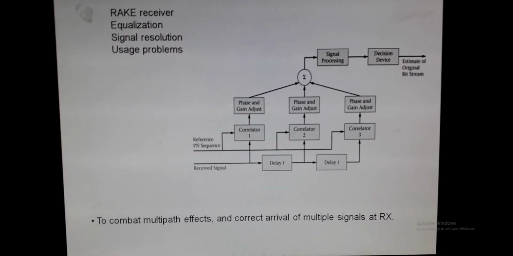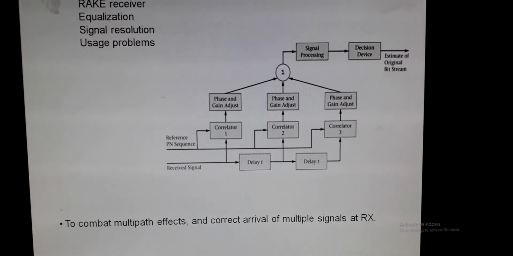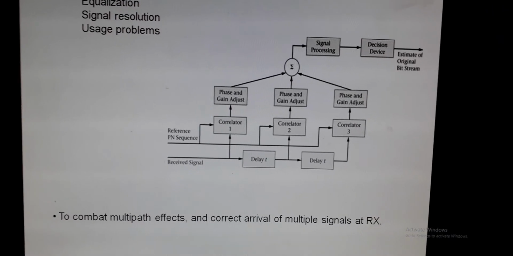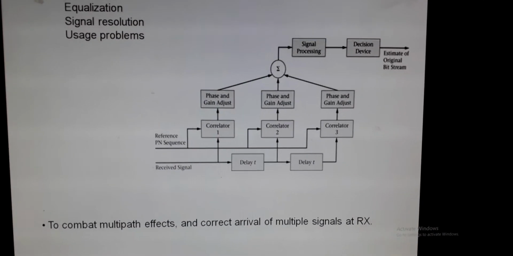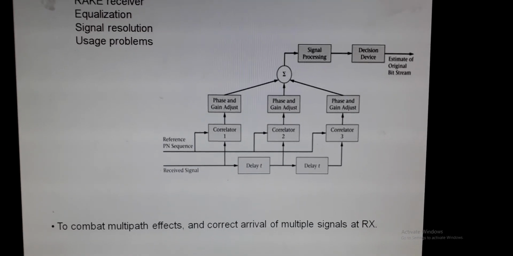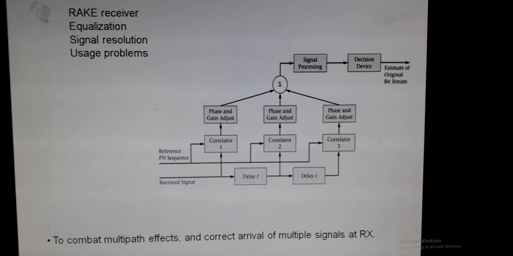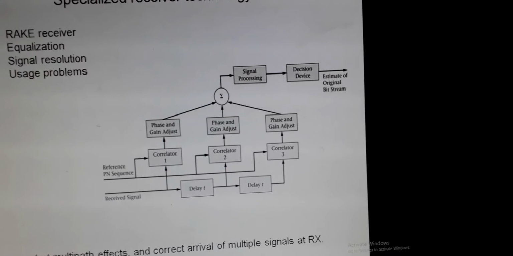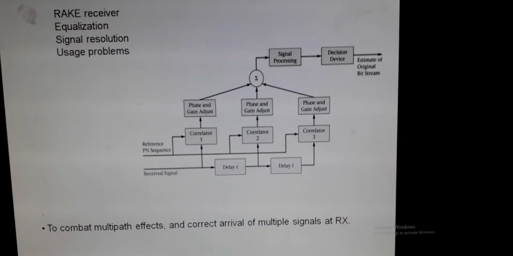One of the important technologies used in wireless modulation techniques nowadays is the rake receiver. What they are doing in the rake receiver is that all received symbols are transferred to delay blocks, and there are cascaded correlators. These correlators are sent to phase and gain adjustments, and later the final summation of the received signal is processed and sent to distant devices.